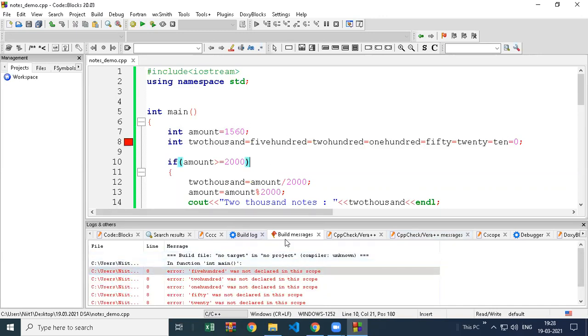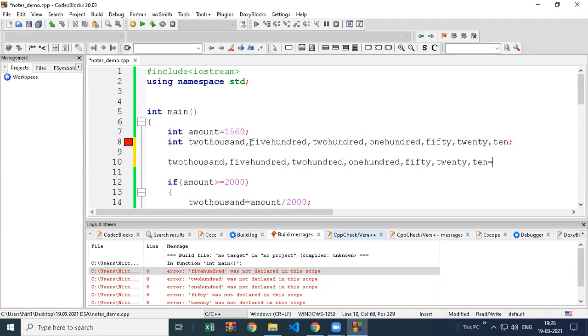Now still this syntax is giving error. These all are not int. So I think we have to declare them and then give the value the same. Let's try this. First just declare them all. Just declare all variables and then copy them together, and then we'll try to give zero value.